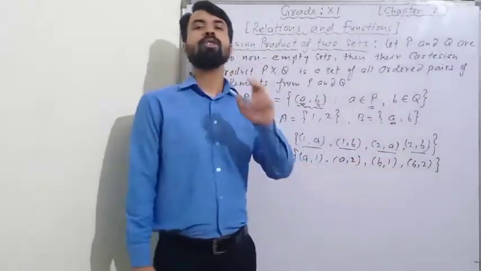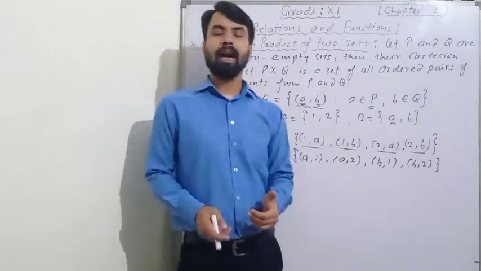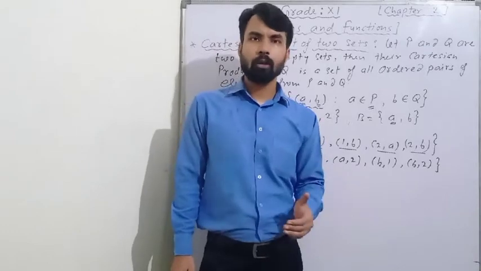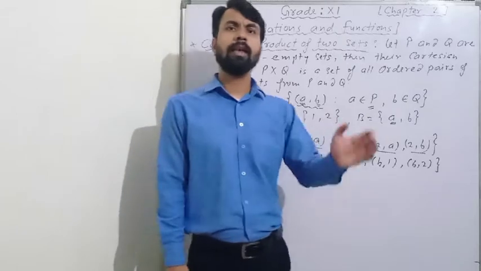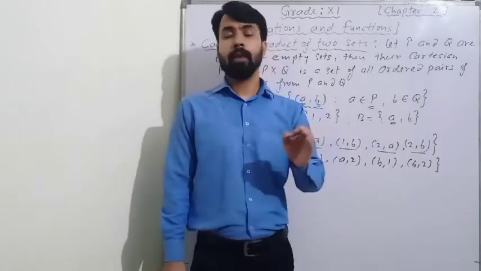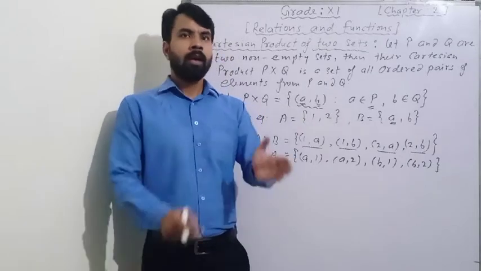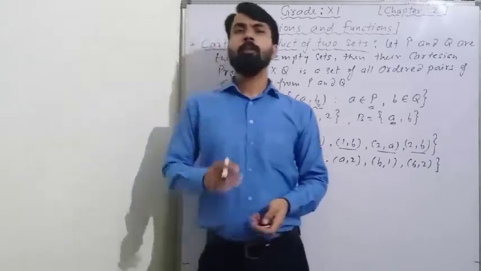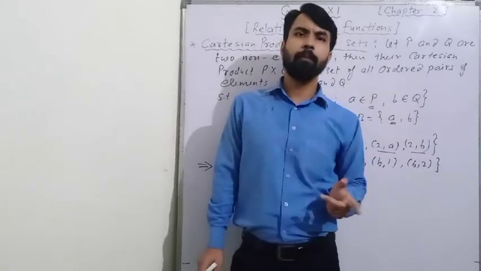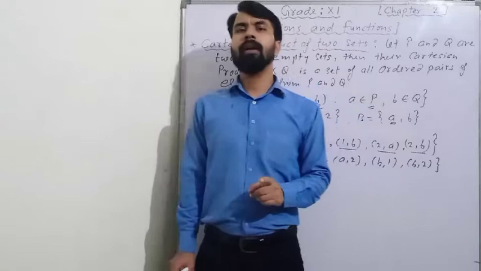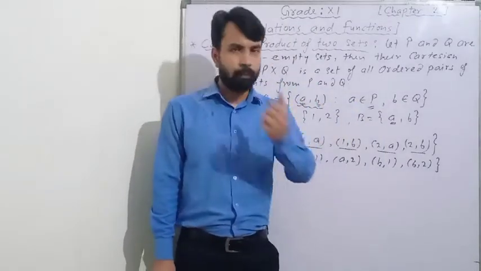Clear? Now question is, if somebody asks what is the number of elements in the Cartesian product of A cross B if set A has 3 elements or set B has 2 elements. I am repeating my question. If somebody asks how many elements will be present in the Cartesian product of two sets A and B if the number of elements in set A is 3 and the number of elements in set B is 2, then